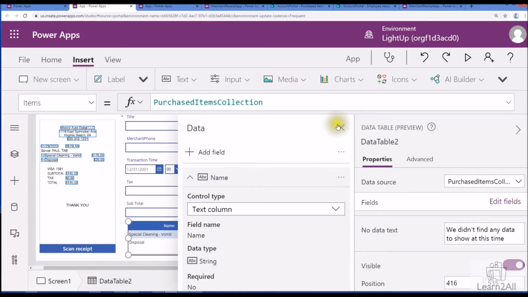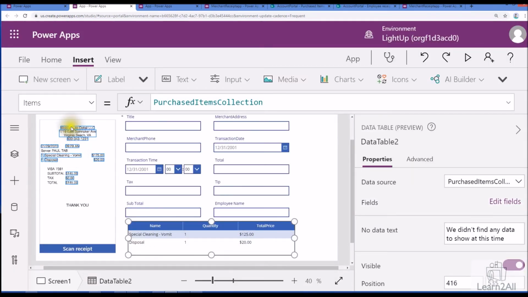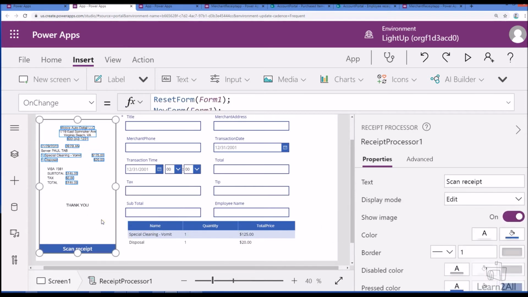So we are having a data table like this, and you can see that these properties have been detected over here. Now how can we show the pre-populated values over here? So you just need to take the name of this control, that is ReceiptProcessor1, right?